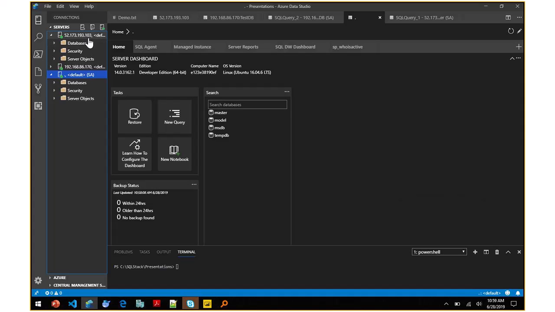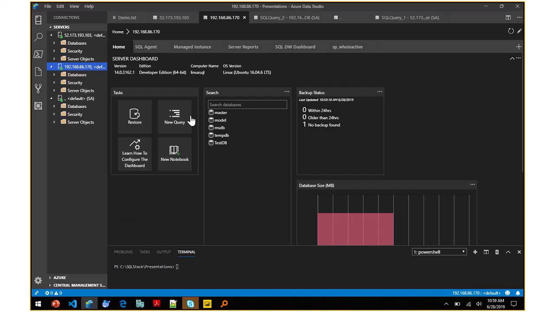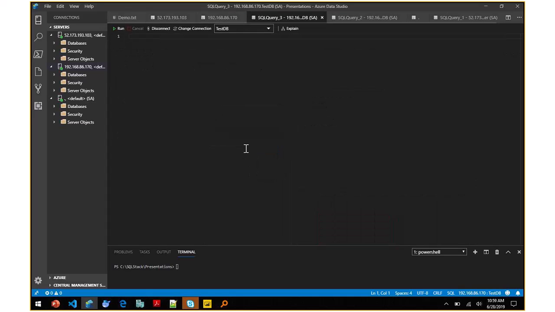Okay, so here we're in Azure Data Studio, and we can connect to the Azure VM, our Hyper-V instance and our Docker instance. So what we need to do now is, well, we need to have this test database available in our Azure VM instance. So what we can do is say a new query,